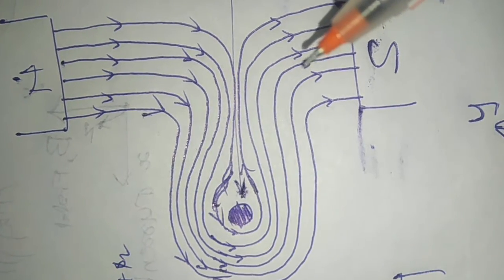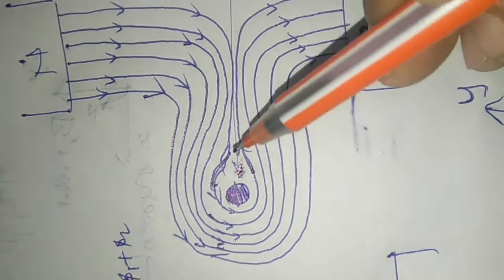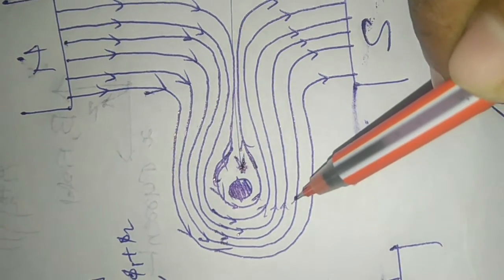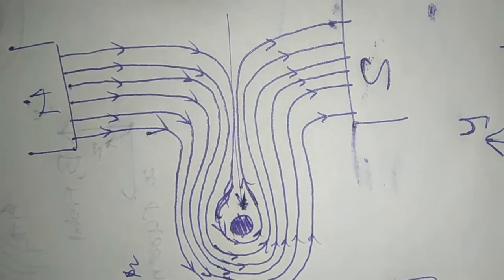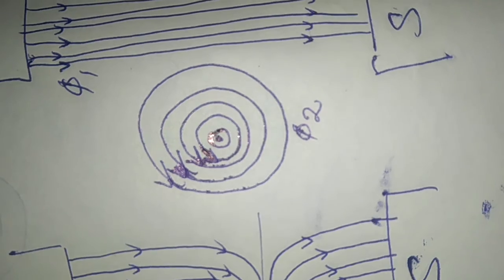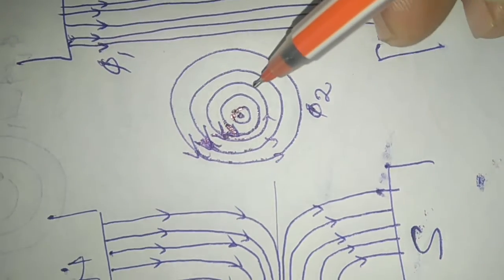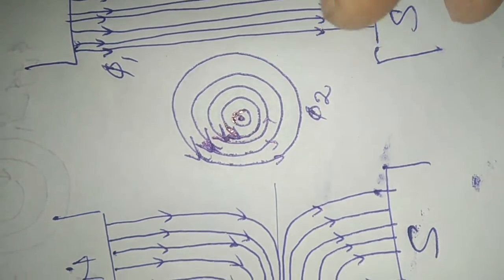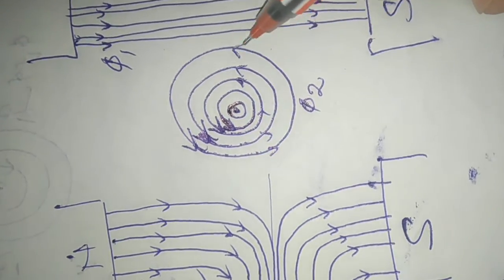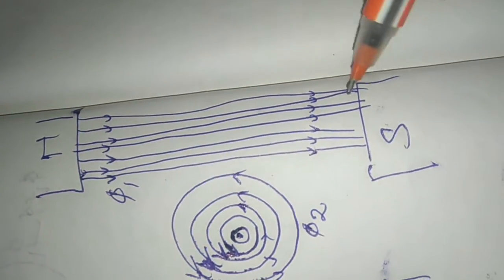though the flux lines have not broken. So the direction of the flux is represented here like this, you can see here. And the last condition will come when the conductor breaks the flux lines, and all the flux lines will encircle the conductor, and circle the conductor in this direction, and the main flux will go straight like this from N to S.